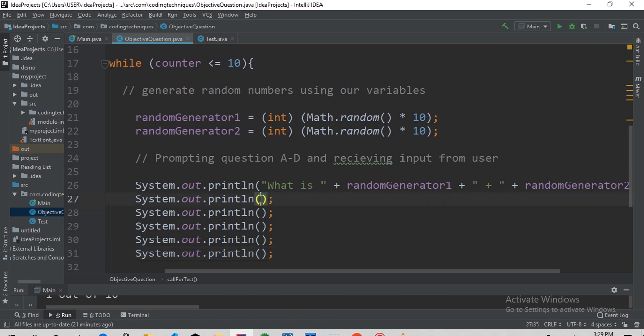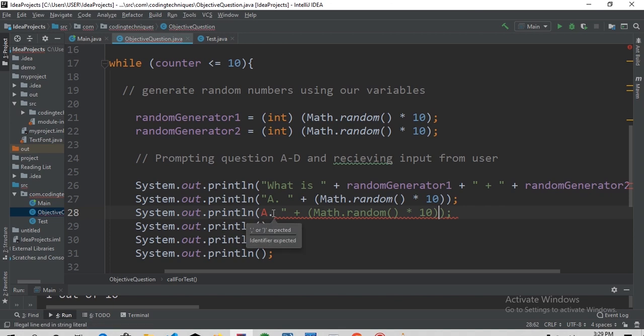Inside this we will have A, which is option A. Now we will use this to generate a number from 1 to 10. Now that we have this, we generate a number from 1 to 10 for option A, and at the same time we will use this for the question